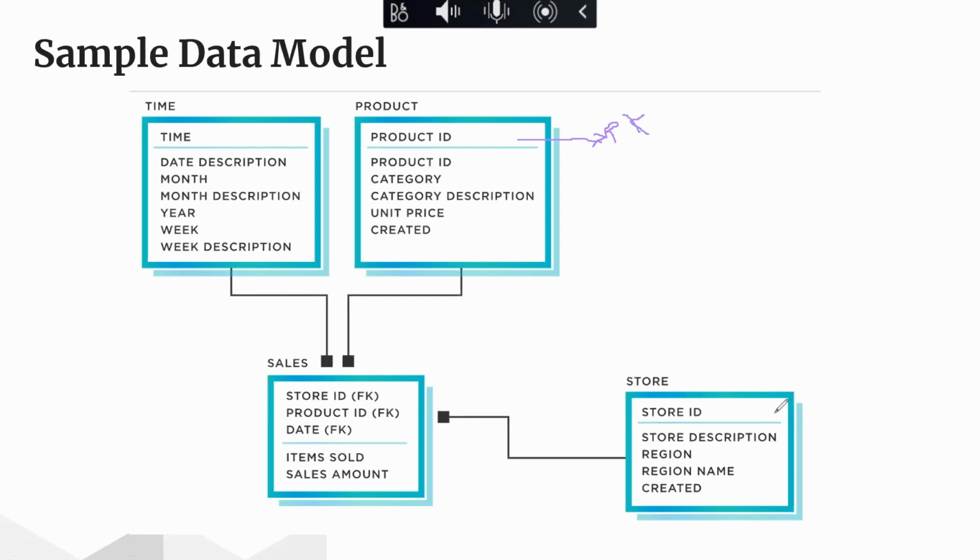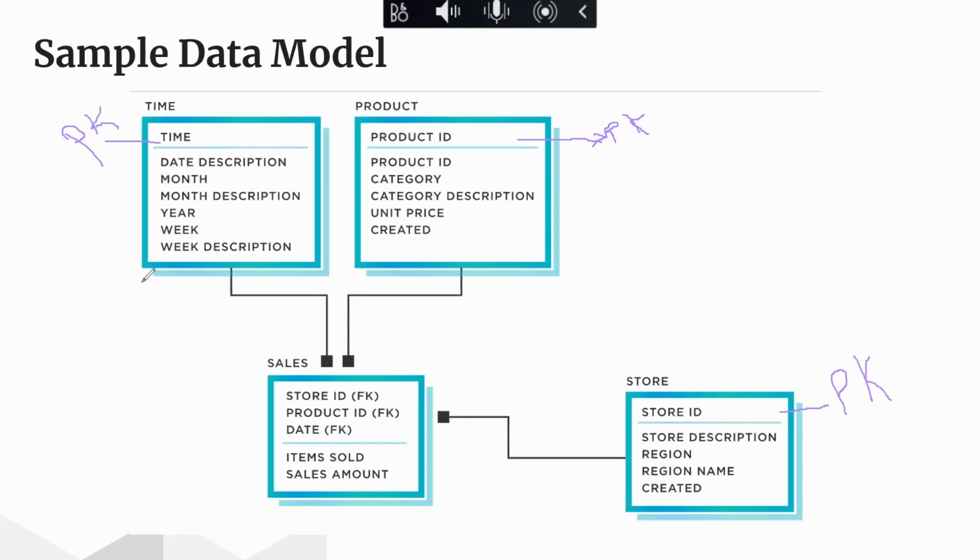If you come to the store table, this is the primary key again, the store ID. Each store has a unique ID. This ID helps us to identify the store. There are no duplicates. It is unique. When you go to the time table, you find that the time is the primary key, right?